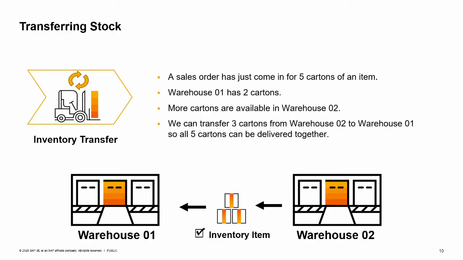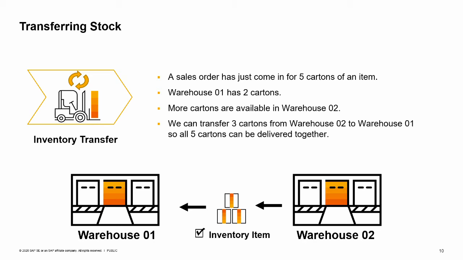When you have multiple warehouses, you might need to transfer inventory from one warehouse to another. Here's an example. A sales order has just come in for 5 cartons of an item. Warehouse 01 has 2 cartons. More cartons are available in Warehouse 02. We can transfer the 3 cartons from Warehouse 02 to Warehouse 01, so that all the items can be delivered